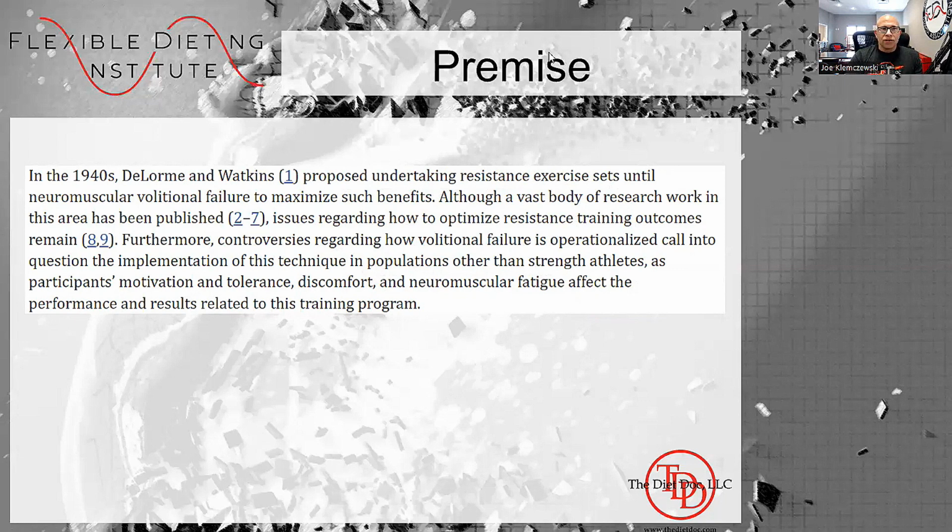In the 1940s, DeLorme and Watkins proposed undertaking resistance exercise sets until neuromuscular volitional failure to maximize such benefits. Although a vast body of research work in this area has been published, issues regarding how to optimize resistance training outcomes remain. Furthermore, controversies regarding how volitional failure is operationalized call into question the implementation of this technique in populations other than strength athletes, as participants' motivation and tolerance, discomfort, neuromuscular fatigue affect performance and results related to this training